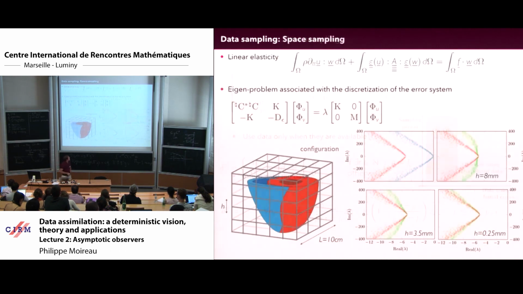Same thing for space sampling. You will see why I'm showing this very specific domain in a minute. Basically, you have measurements on this domain on a very coarse grid, and you increase the size of the grid in order to have more and more data. So it's a full observation problem. You observe everywhere, but with a sampling of size h. And basically, you can prove that.